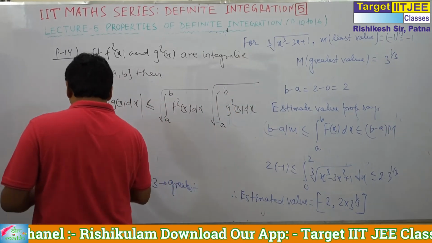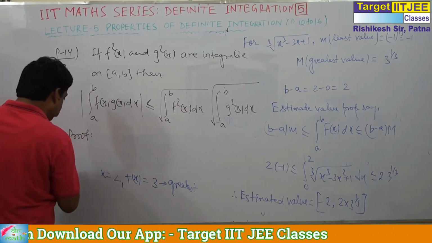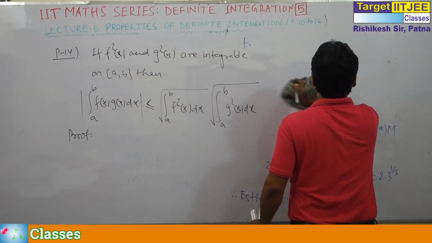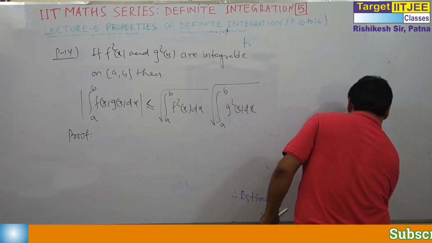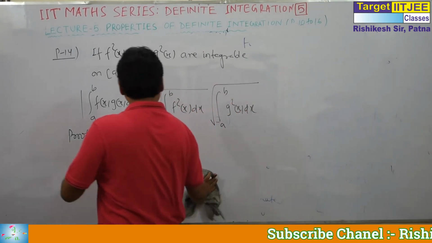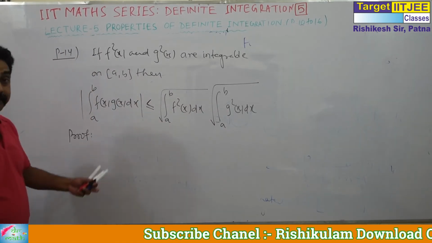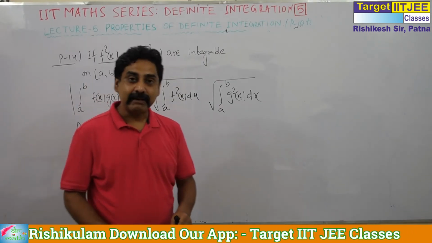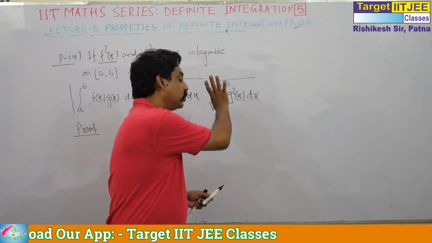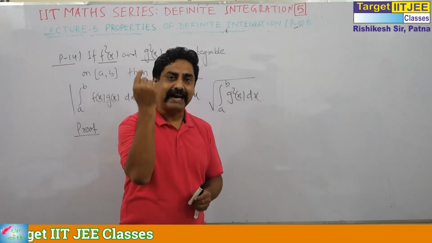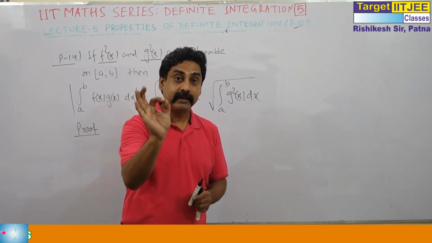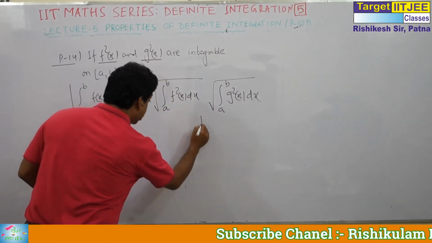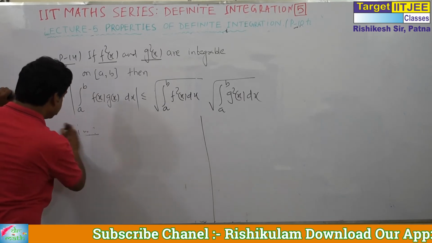So let's move to the proof of this one. What is the proof of this one? If there is some error, or if I have written it correctly, I can check it by proof. So come to the proof. See, the proof is very interesting. Actually, I am not interested in the question I am going to do like this. There is one very common question that I will deal with. But the proof is very, very important. It will enhance your concept very much. See the point of the proof. See this proof.